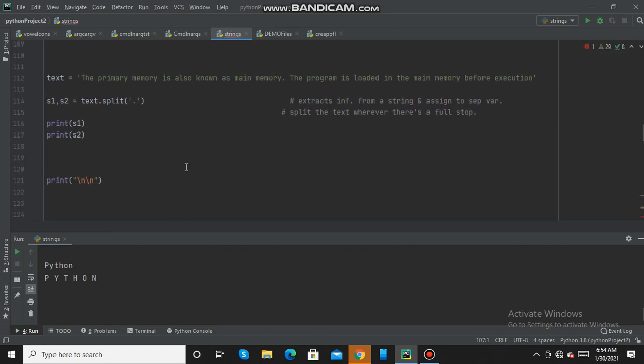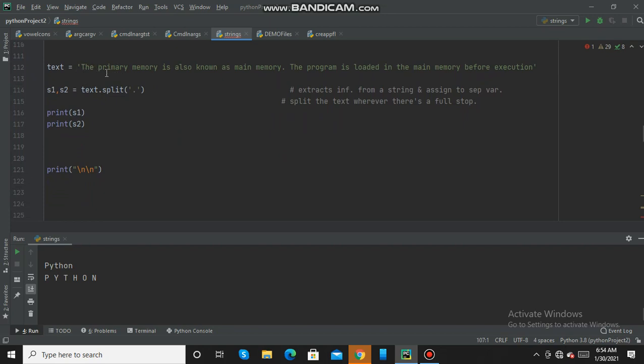Now the split method. In the split method, we are splitting the string into two substrings. That is S1 and S2 are the two substrings. Then we are printing those substrings. And the delimiter is full stop. So whenever it encounters a full stop, it will split the string. So in this case, the primary memory is also known as the main memory.